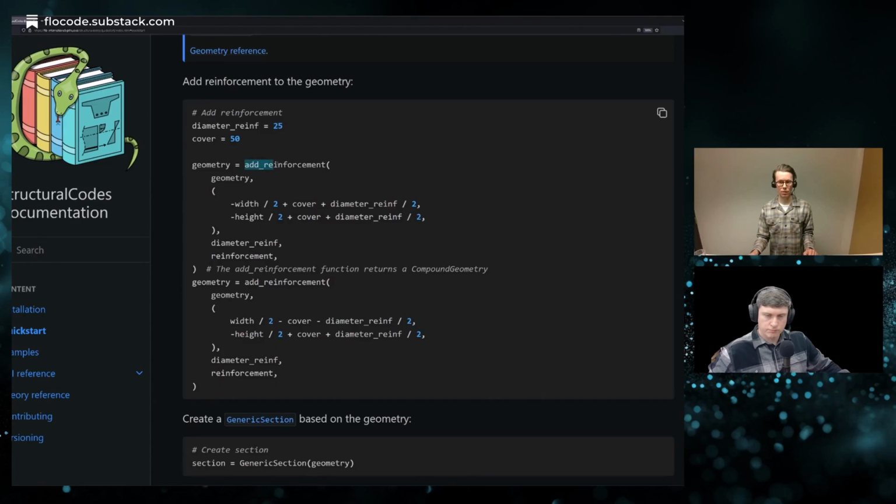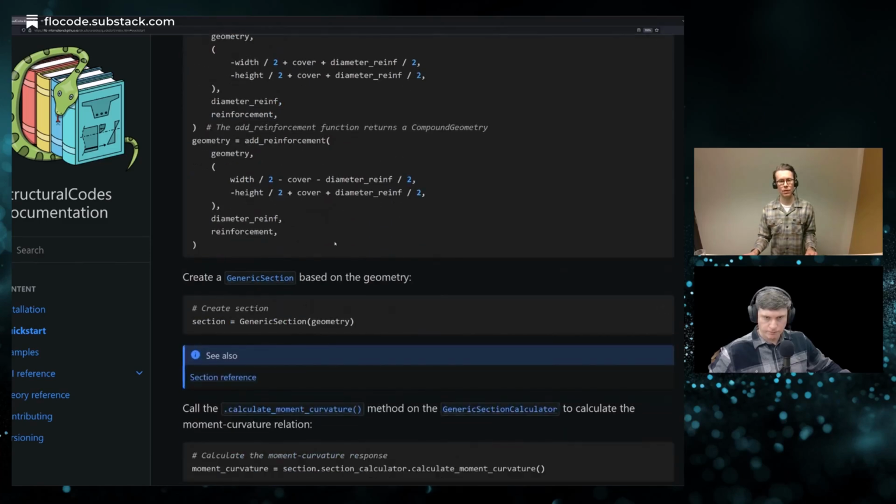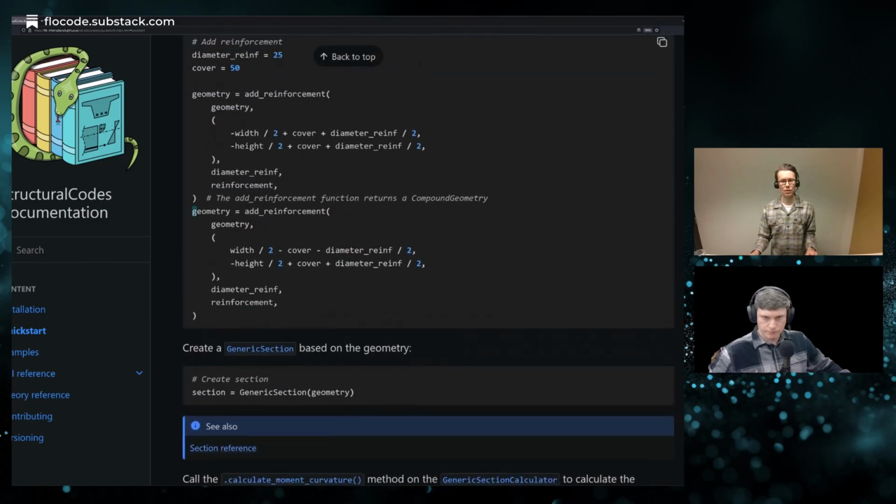So these two function calls to add reinforcement basically take the geometry, add a point at a given coordinate, and this point is assigned the reinforcement material, as you see here. And we do it twice, so we have 2 bars in our cross section. So now the geometry is no longer a surface geometry, but it's a compound geometry. It's a compound of a surface and 2 points.